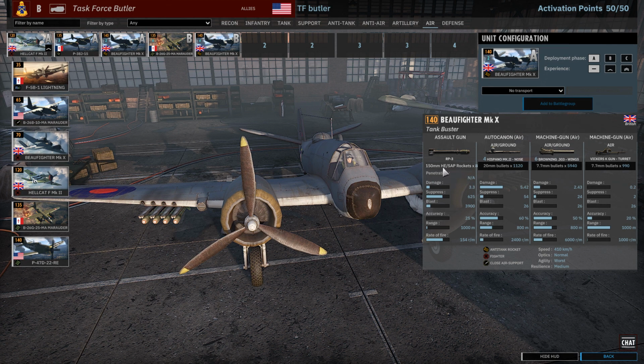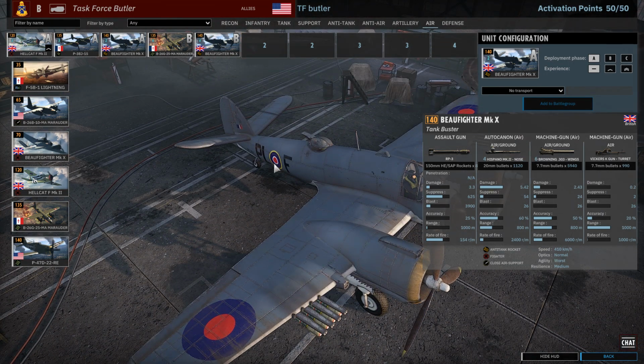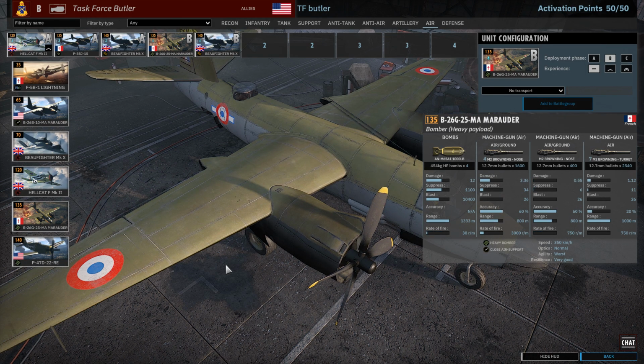It has 150mm rockets. So this is a tank buster plane. And I used another card in phase B, so we have a total of 6, and this compensates for the lack of powerful tanks in this division. And then I used the heavy bomber, the B-26,